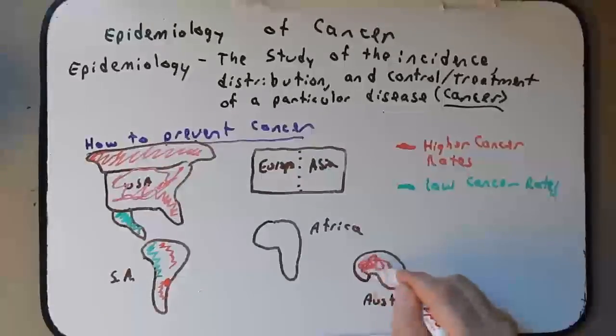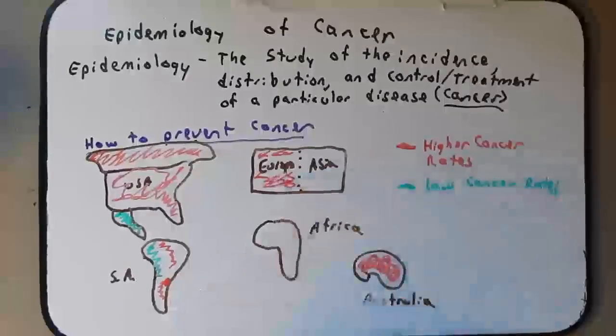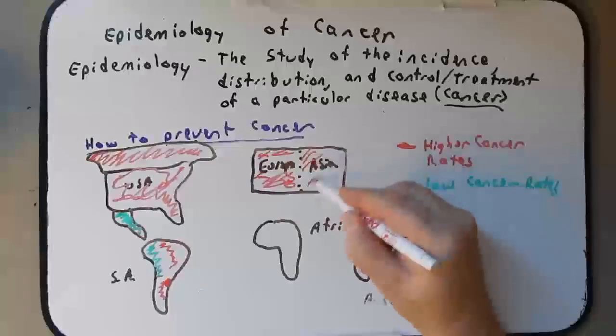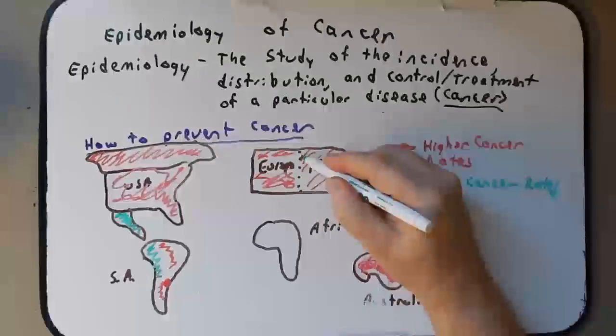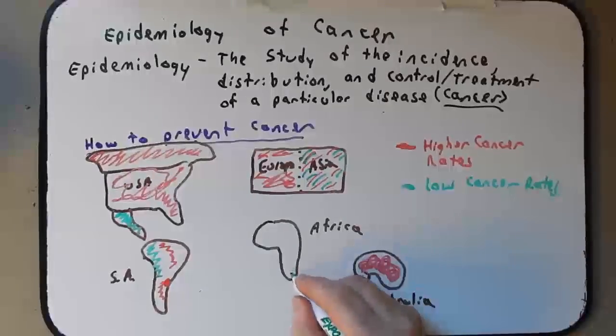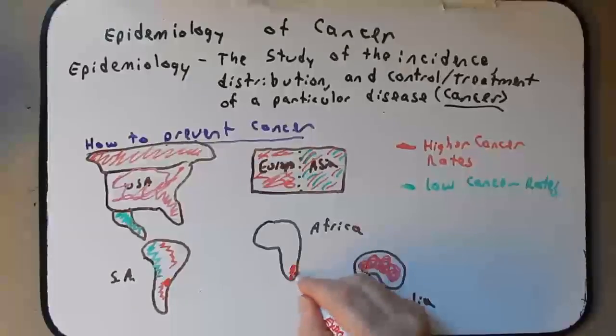Australia, it is fairly common. Europe, it's pretty common. Again, more industrialized countries. It sort of has a medium prevalence throughout Asia, depending on which country you're in. By and large, with the exception of regions down here near South Africa, most of Africa has a pretty low